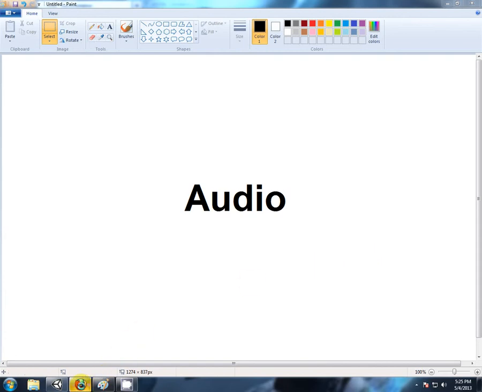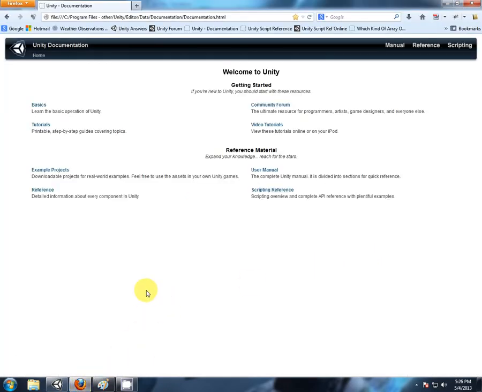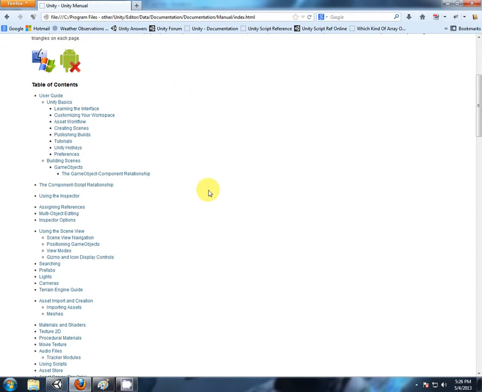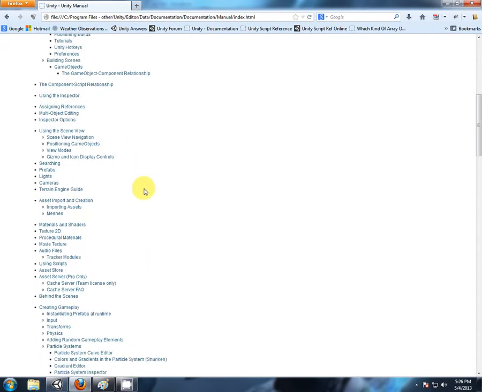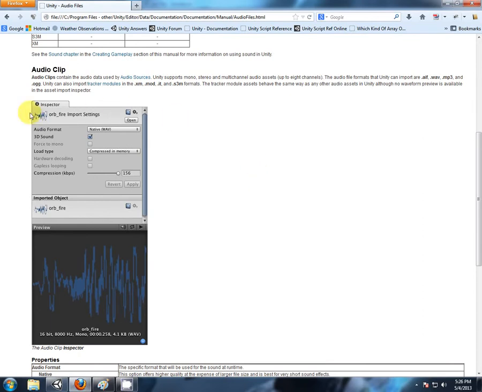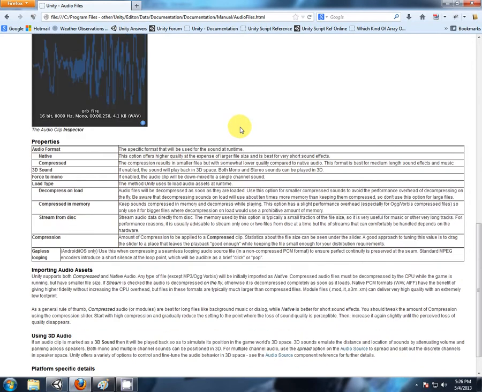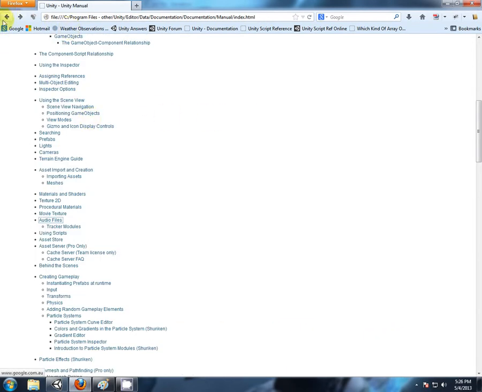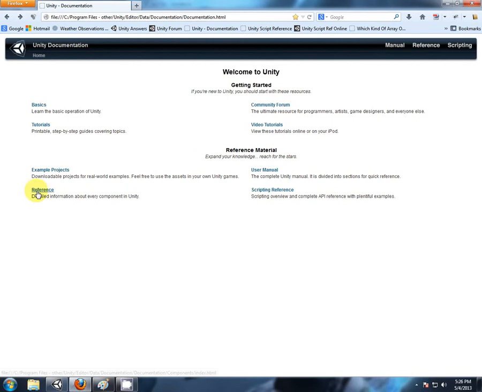Okay, so let's start at the references. Where can we find out about Unity and audio? If we go to the Unity user manual, somewhere down here we have it: audio files. Okay, so here's some background reading, the different types of audio that are compatible and their import settings in the inspector. So there's some reading. And if we go all the way back, we go to the Unity documentation reference,